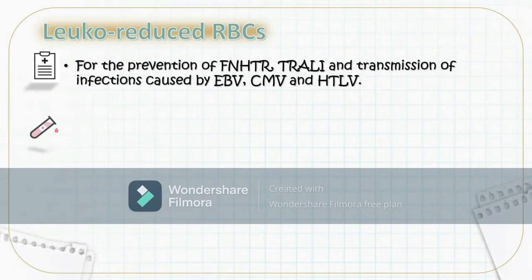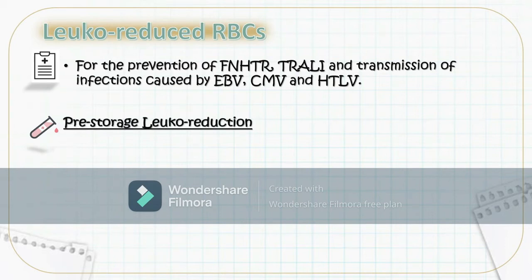The preparation of leuko-reduced red blood cells can be achieved by either of the following techniques. First, we could perform a pre-storage leukoreduction. From the term itself, leukoreduction is done before storage of the packed red blood cell unit. That's why it's termed pre-storage. This leukoreduction is attained through the process of filtration, wherein multiple layers of polyester or cellulose acetate nonwoven fibers will be used to trap WBCs and platelets and only allow your red blood cells to still pass through